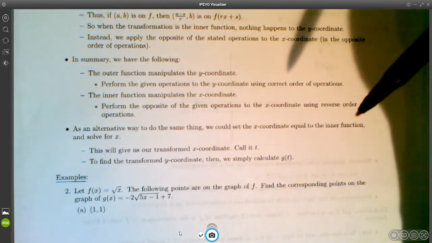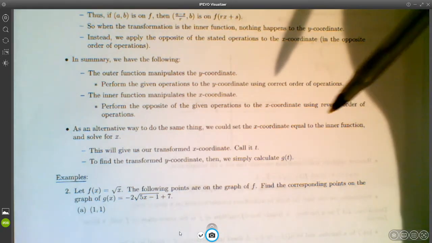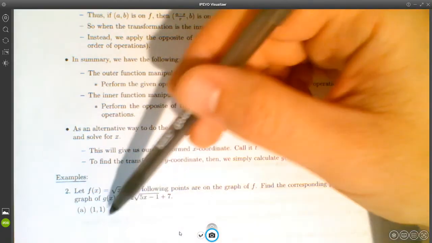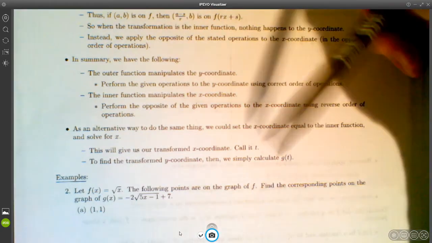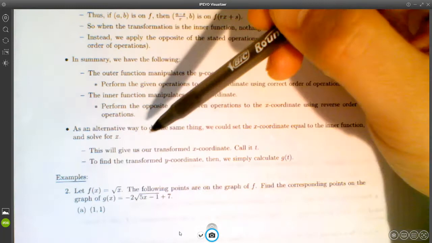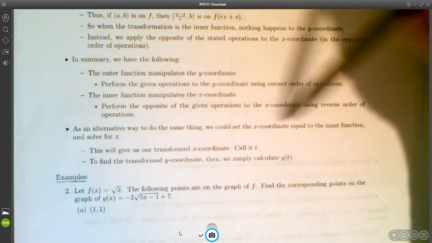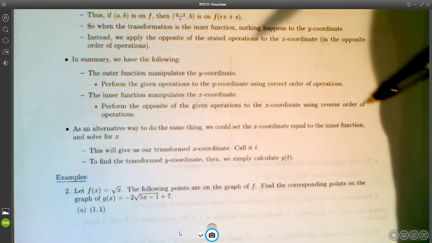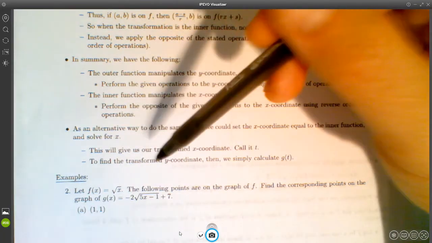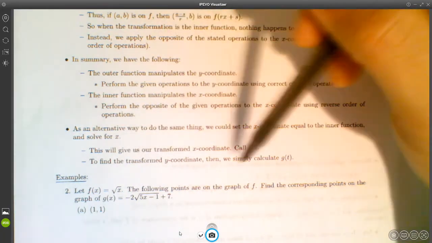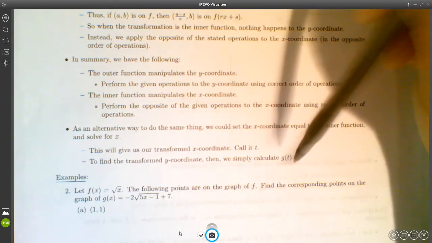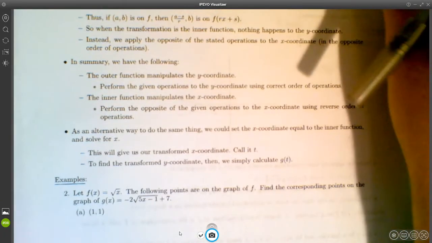So there are a couple of ways that you might think about this. One way that you could think about it is just to take the point and apply the transformations. Another thing you could do would be to set the x-coordinate equal to the inner function and then solve for x, right? And then once you've done that, you can plug that value in to the function to figure out what the y value is. So I'll show you both methods